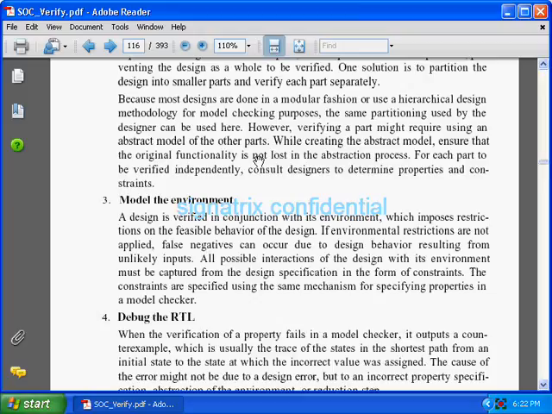In that case you have to abstract that model. Instead of using the detailed RTL model, you use some behavioral models, and after writing that behavioral model, you give it as input to the model checking tool. But one thing here: you need to ensure that whatever functionality you achieved in the detailed RTL model, the same functionality should be there in the abstract model. So in that case you can verify.